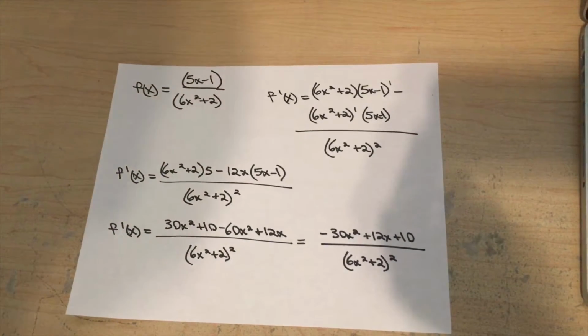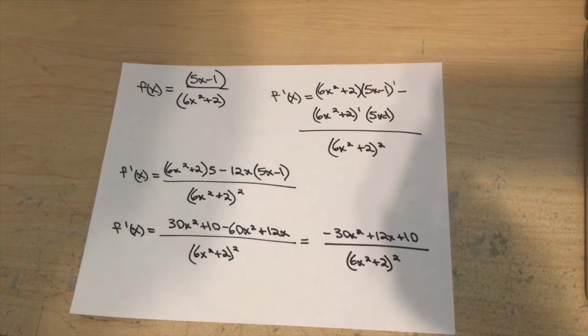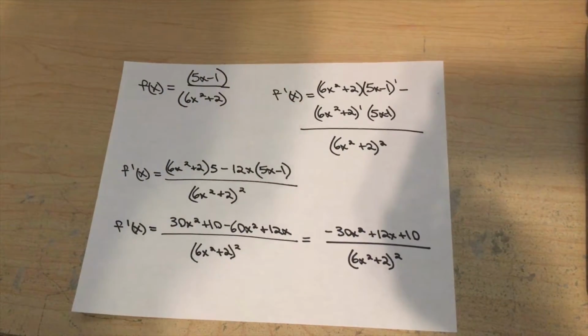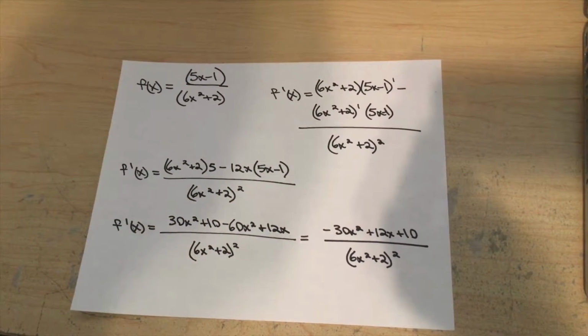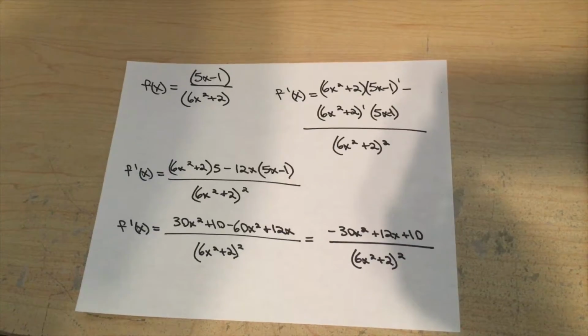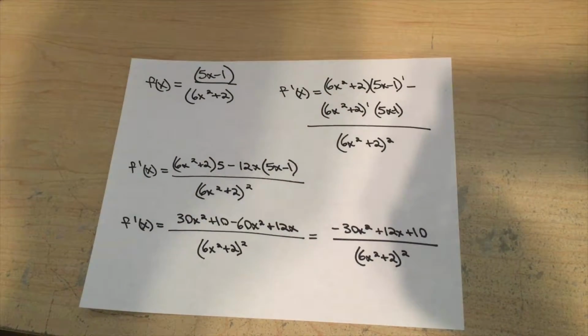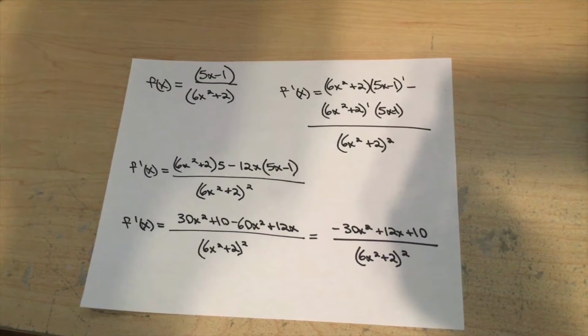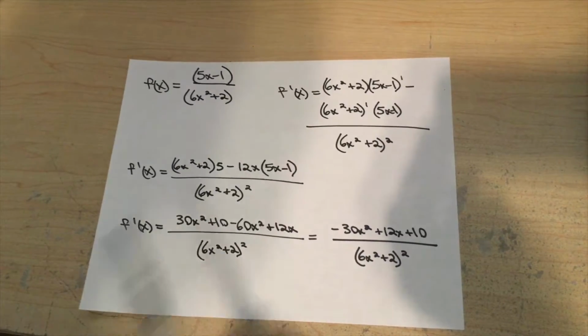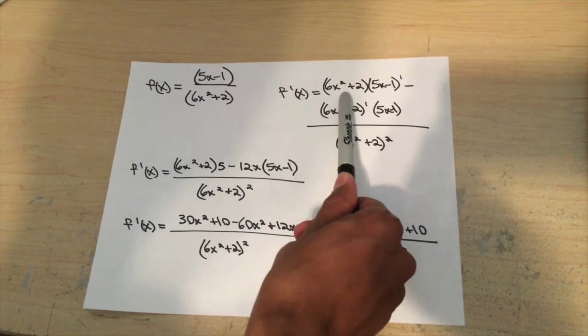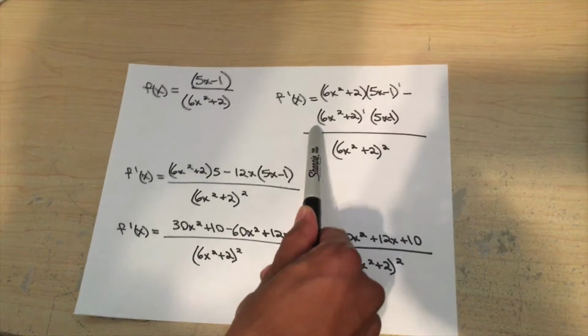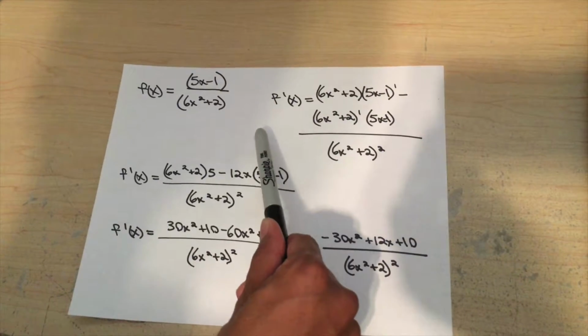Alright guys, our second problem for today is f of x equals 5x minus 1 over 6x squared plus 2. And to take the derivative of this, the best method would be to use the quotient rule. So how we do this is we take the derivative of the numerator and multiply that by the denominator, and take the derivative of the denominator and multiply that by the numerator, and then we put this all over